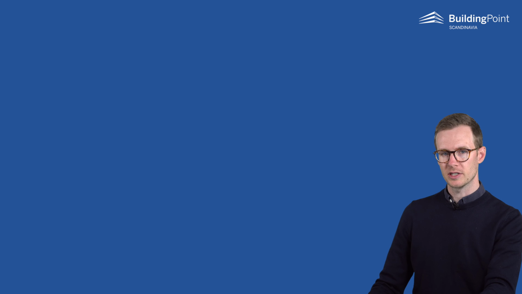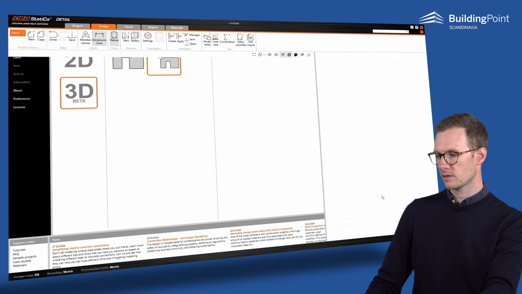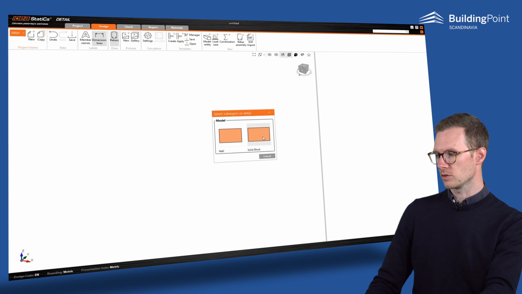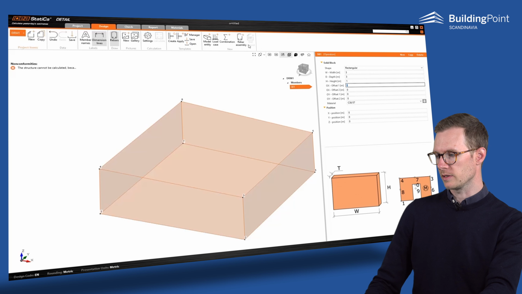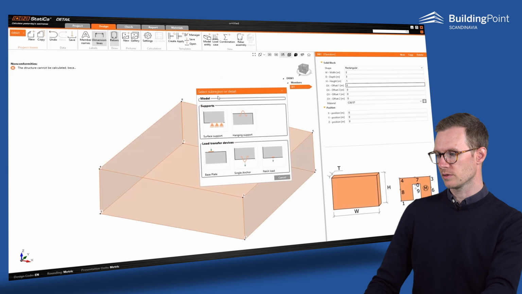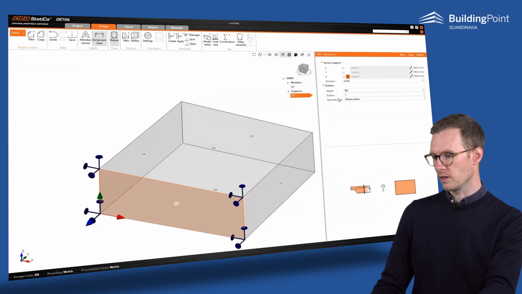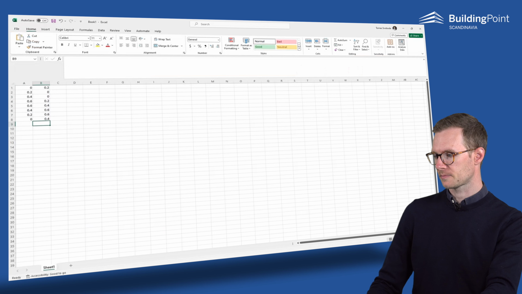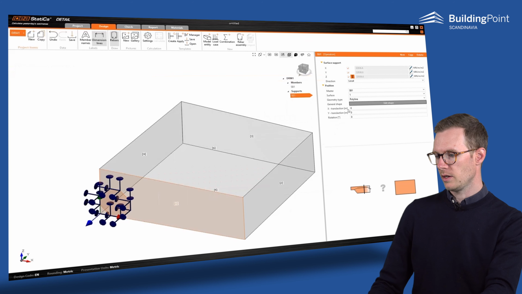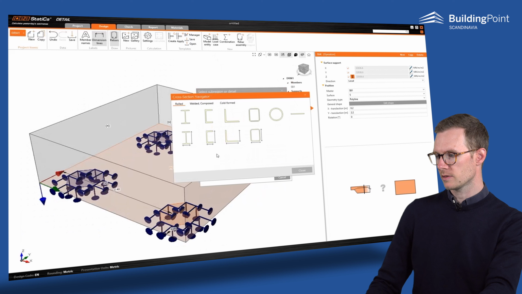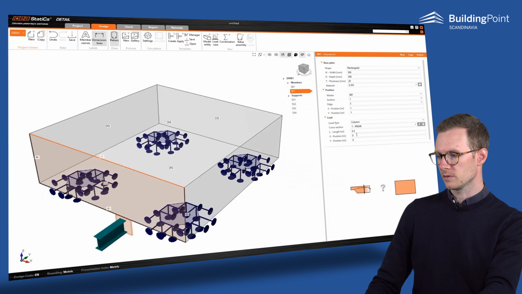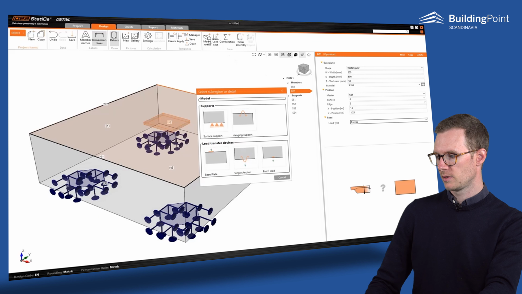Let's look at a demonstration of a general footing. Let's start with a concrete block. You can choose between a rectangular or some other shape, and then you place the supports. They can be the whole surface or a polyline. We can even input or import some shapes or surfaces. And then we can apply the base plate, edit the parameters, put in some anchors,